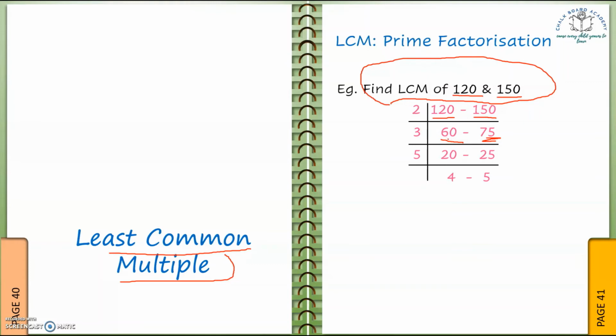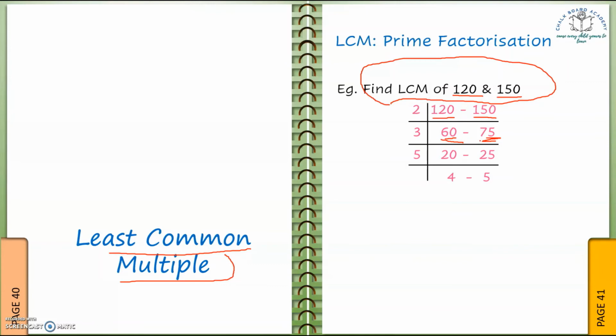So now we are checking for 3, whether 60 is a multiple of 3 or not. For that we have a rule: after adding all the digits in the number, if that sum is divisible by 3, then the number is divisible by 3. So 6 plus 0 is 6. 6 is divisible by 3. Yes, it is. Then 60 is divisible by 3.